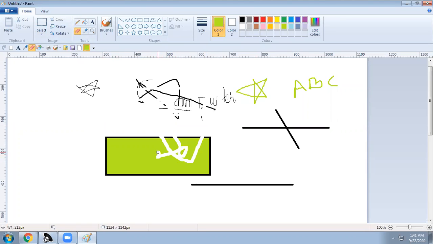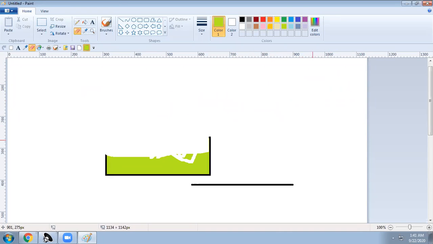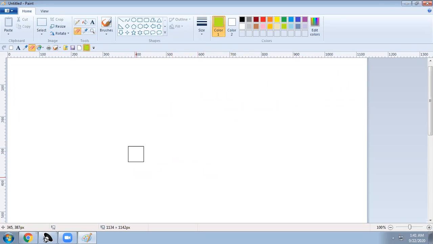I want to maximize this eraser, so I have to take Control plus, it will go into maximization. So again, I can delete like this. I can erase. Completely, I have erased. Okay.